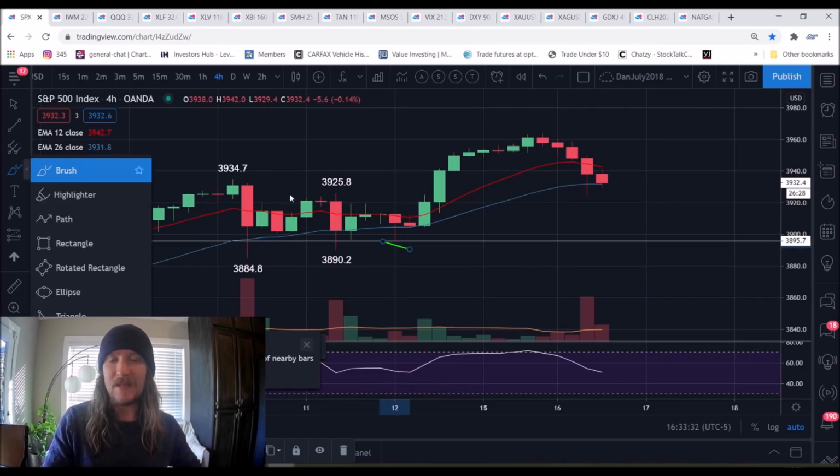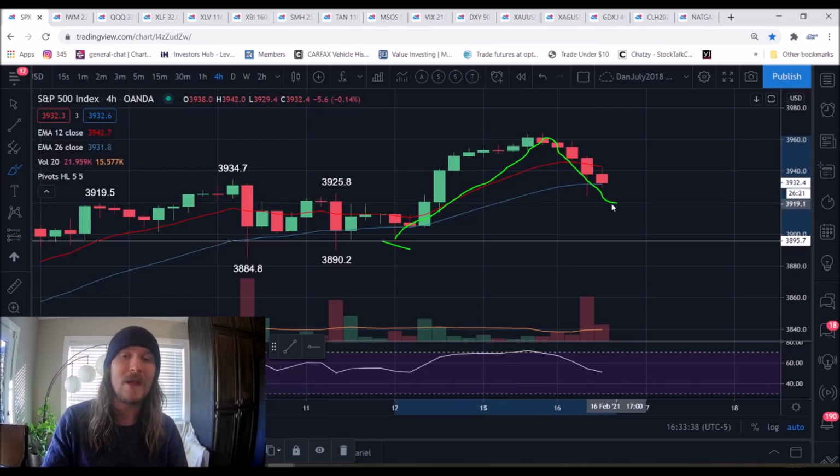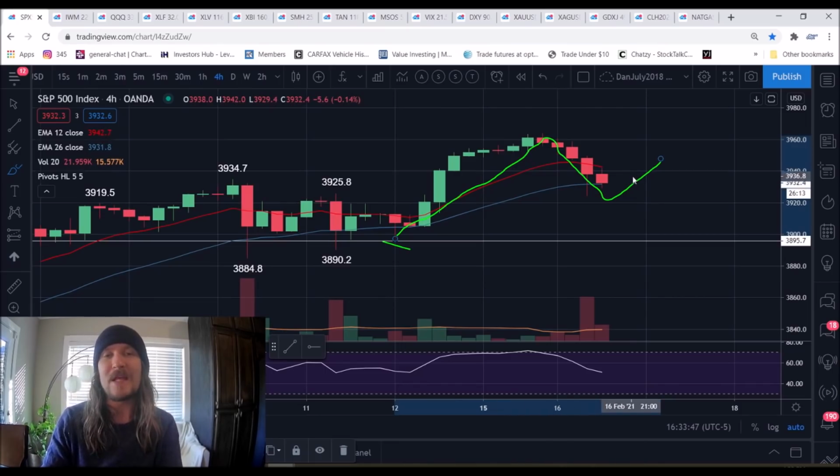So I am anticipating the bulls will most likely be able to form a higher low compared to that level, but the size of the pullback currently is already significant enough that we will be watching for a 4-hour lower high compared to the all-time high to be a result of that bounce. So that's going to make for an interesting second half of this week. I guess we've only got 4 trading days this week, so interesting end of this week as we watch to